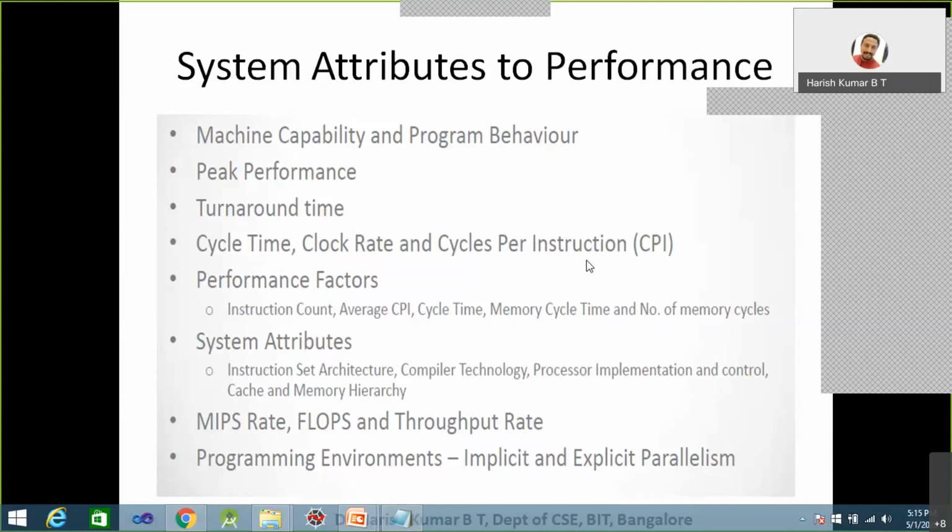All instructions. When you write a program, you're not going to write it using only one type of instruction. You're not going to write the program by only using arithmetic instructions: addition, subtraction, multiplication. These are the arithmetic instructions. In a program, arithmetic instructions will be there, logical instructions like ANDing and ORing will be there, and then branch instructions will be there. So branching from here to there, there to here, branching instructions will be there, memory reference instructions will be there,